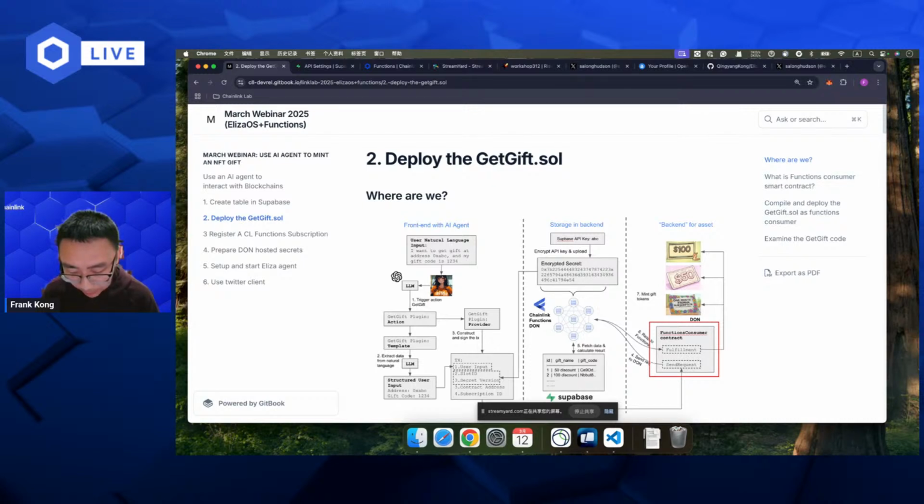Another question is, IPFS is more like storage rather than a backend database. Yeah, correct. And the question from the SaaS user: can we build these agents on other blockchains too? Yes, you can build agents on other blockchains. Because we are using Avalanche today, we are using an EVM compatible chain, which means that you can build this AI agent on any EVM compatible chain, like Arbitrum or BSC. You can build on other chains.